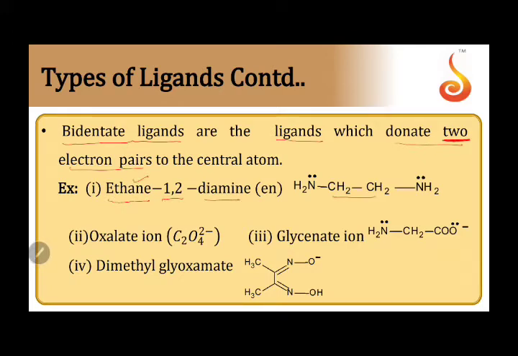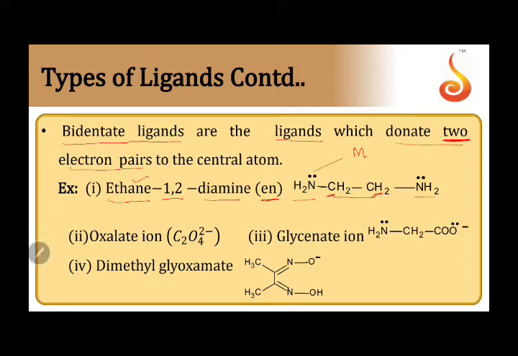Ethane meaning 2 carbons connected by a single bond. At the first carbon and second carbon you have amine, NH2 and NH2. Ethane 1,2-diamine is represented as EN. It's an abbreviation used. So in this structure, say for example if you have a central metal atom or ion here,